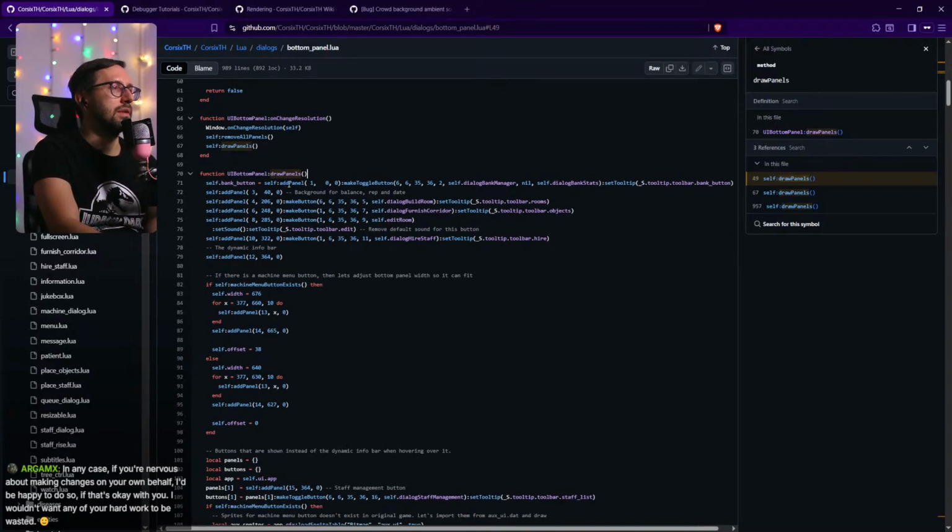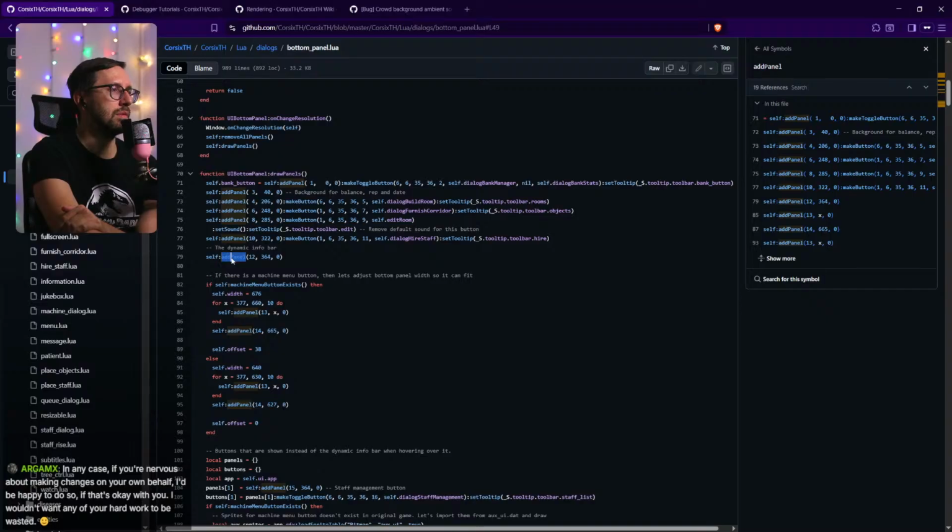Bank button, self add panel, make toggle, background for balance and data, build room, furnish, edited room, tooltip toolbar, edit, remove sound. It's this one, and this one, dynamic